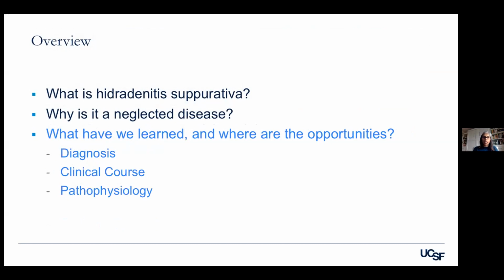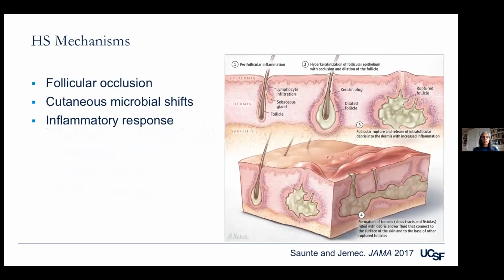The third area that I'd like to talk about today, where there's a gap in knowledge that's limiting our ability to improve the care of patients with HS, is in our understanding of HS biology. We really have, unfortunately, a rudimentary understanding of HS mechanisms. We think that this is a disease of follicular occlusion, which leads to the rupture and dermal seeding of